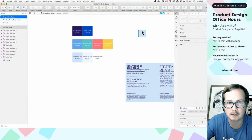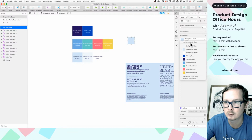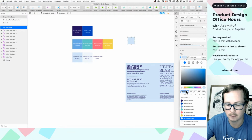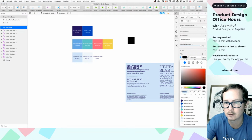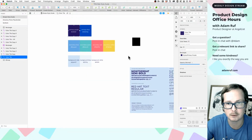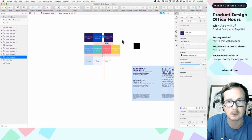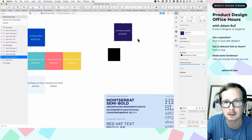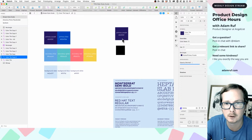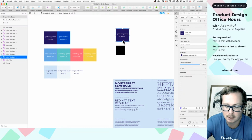Done with that. I may come up with some black colors. I want to detach and go 0, 0, 0. And what I might do, we'll see. There's a couple things I could do. One is to create a set of text colors based on the